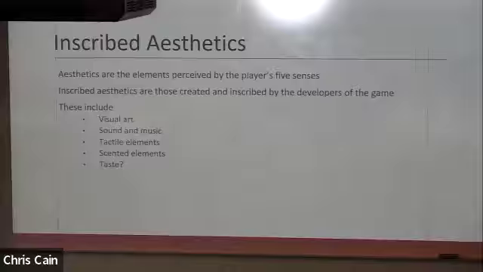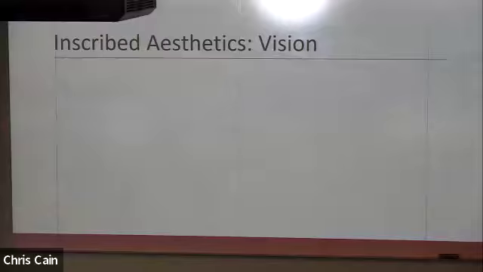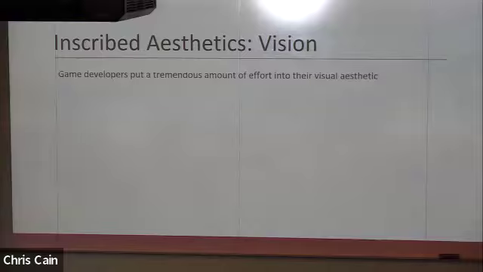All right, so we're still in the inscribed layer, the game as it exists outside of gameplay, in theory. We had talked about everything through, we're now in the aesthetics. So we're looking at how the game appeals to the 5 senses, but from its design. If you're designing for vision, this is something that you have a lot of control over as a developer. A lot of effort ends up going into the visual aesthetic of a game. You can distinguish a game from other games sometimes depending a lot on that visual aesthetic. If I say something like Borderlands, you get the sense of the visual aesthetic of that game that no other game really does quite the same.